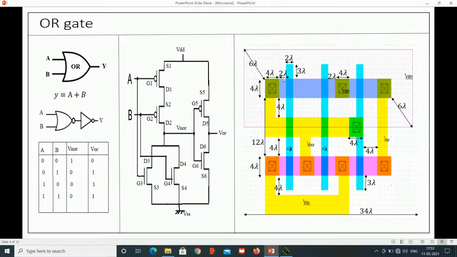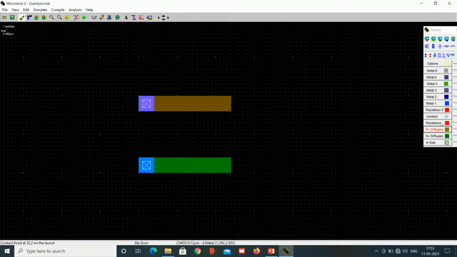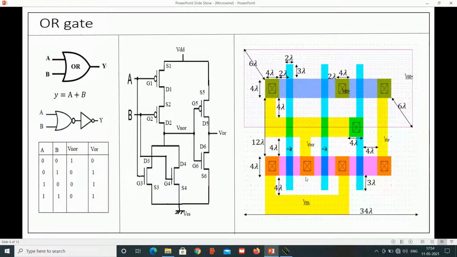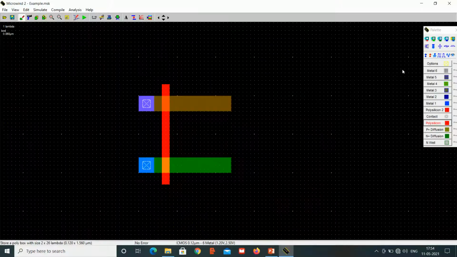Now let's draw the polysilicon with a distance of 2 from the contact and a width of 2. So select a polysilicon and the distance should be 2, and above PMOS and below NMOS it should be 3. Then place one more contact here which is N, so select N contact and with a distance of 2 place the N contact.